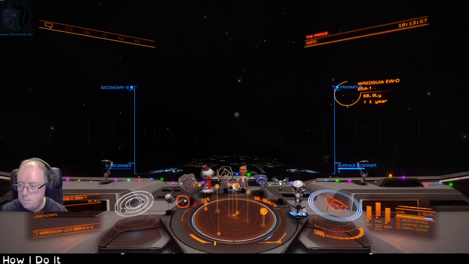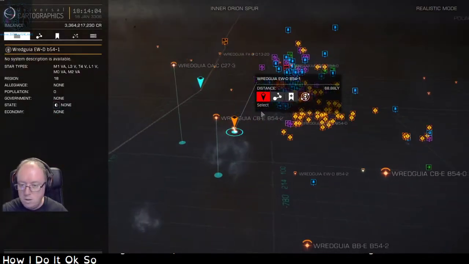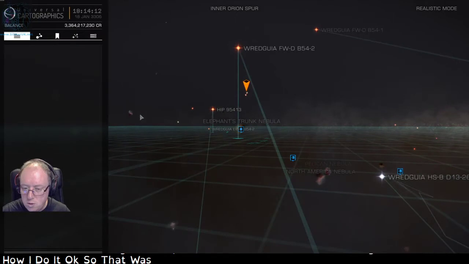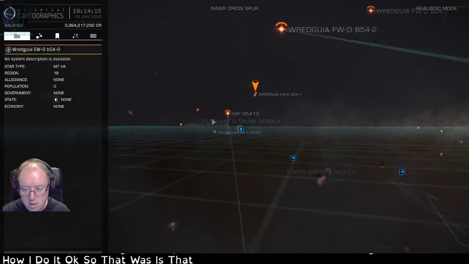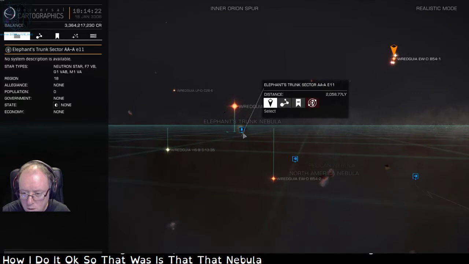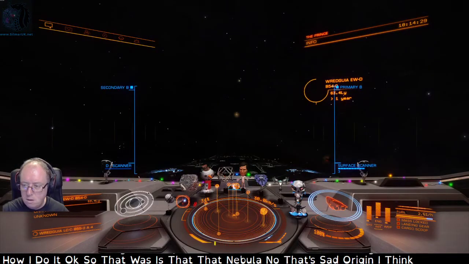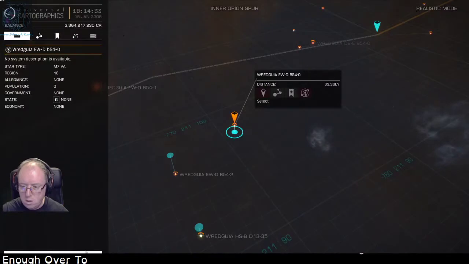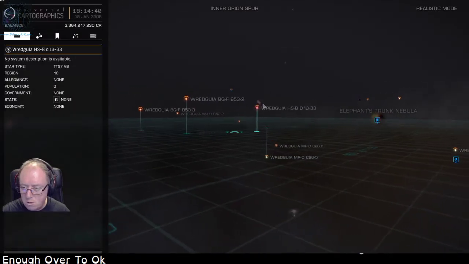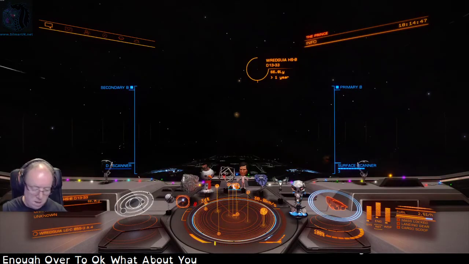This is how I do it. Okay. So, head back here a bit. Is that nebula? Ooh. No, that's the Sardar region, I think. No, not far enough over at all. Okay. What about you? Get in there, but...